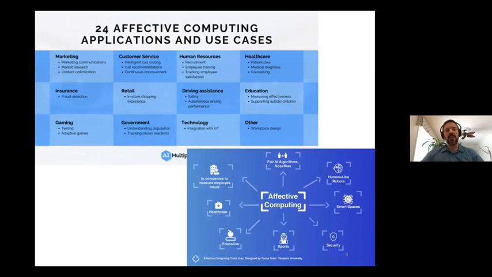So when you look at applications, the potential applications are numerous, as you can imagine. So you can talk about monitoring, for example, shoppers and their shopping experience. You can monitor an individual, so you can target marketing applications, so you can target marketing ads and so on. You can talk about monitoring gamers so that you can adapt games to maximize fun and so on. Monitor drivers so that you can improve safety on the roads. You can look at, for example, applications in healthcare, education, sports, and so on.